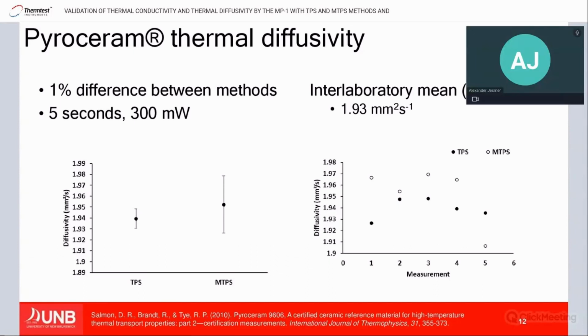So when we're talking about keeping in mind the model assumptions, we're basically modeling this as a semi-infinite material that we don't interact with the edges. But when we don't interact with the edges, we're in line with the interlaboratory mean and the accepted values for Pyroceram. So now that we know that everything works and we're finding the same values as the accepted certified material,